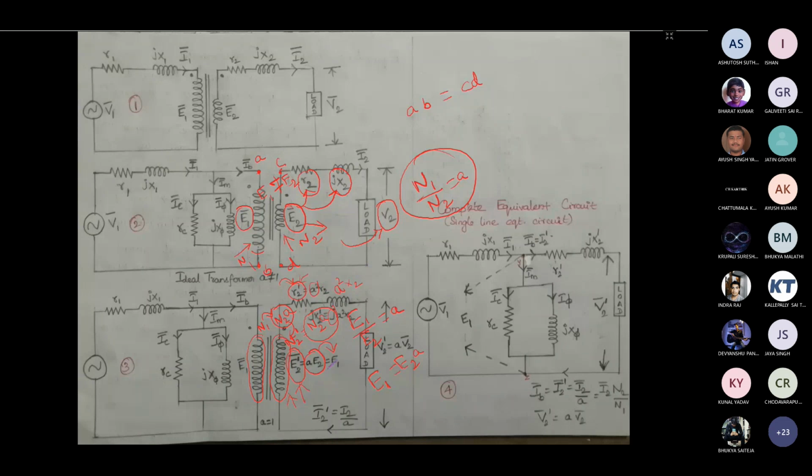You just consider that we are going to represent the voltage, the resistance, the inductance, and the load values in terms of the primary. Since it is written in terms of the primary, you can call it secondary referred to primary. Why am I saying secondary referred to primary? Here E2 I have changed to E2 dash. Then whatever secondary elements are available, I have used the transformation ratio to make them equal to the primary side. So you can call this secondary referred to primary.